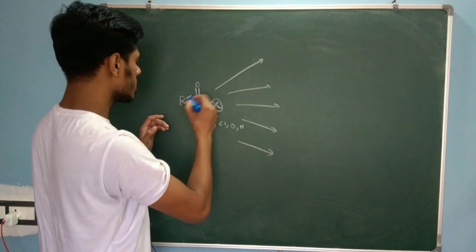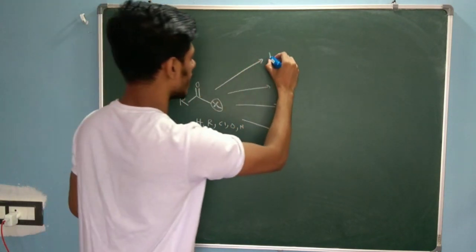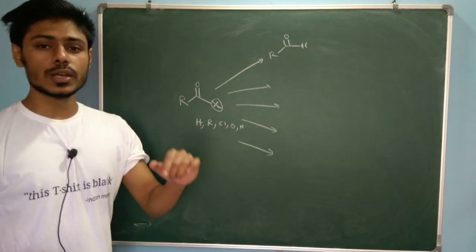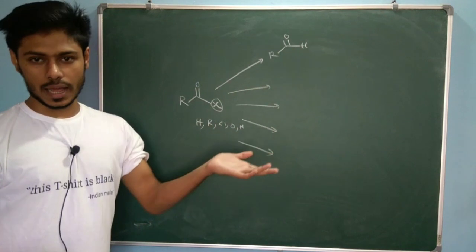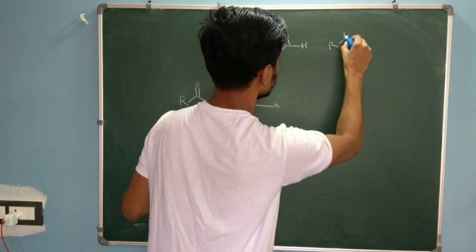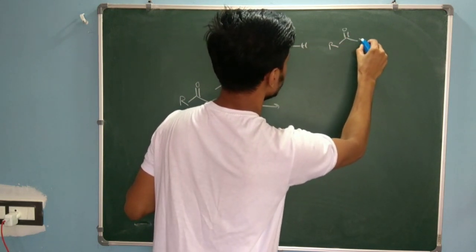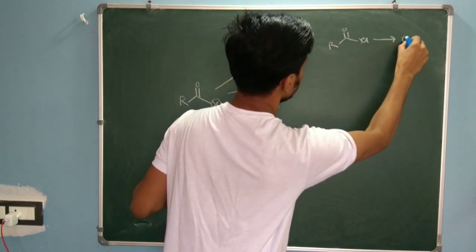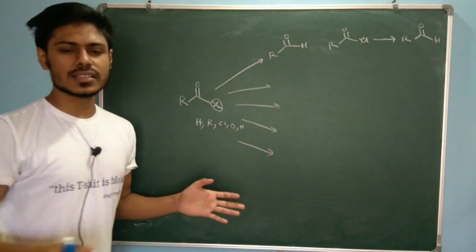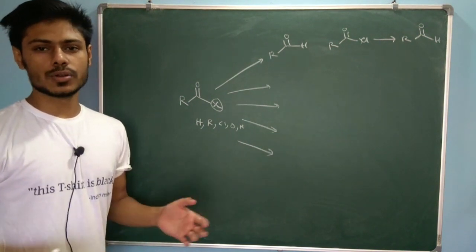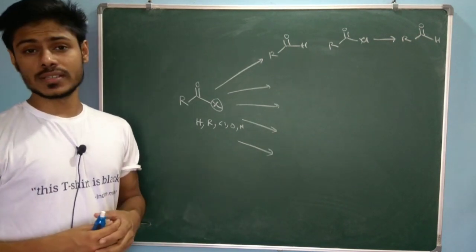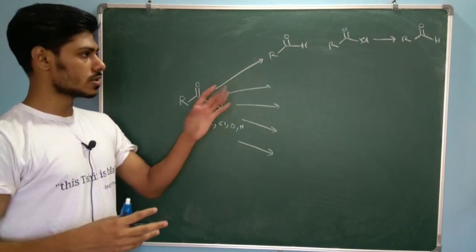What can we get? So simply we can replace this X by hydrogen, so then we will get this product. And this happens when you reduce, like, acid chloride to aldehyde, the Rosenmund reaction, simple Rosenmund reaction. This is the example of the Rosenmund reaction, where we reduce the acid chloride to aldehyde. This is the real example, okay? And this is the Rosenmund reaction. In this case we use palladium, hydrogen, as well as the catalyst poison like quinoline sulfur, like that. So this is the Rosenmund reaction.